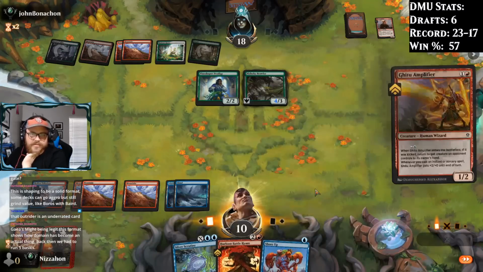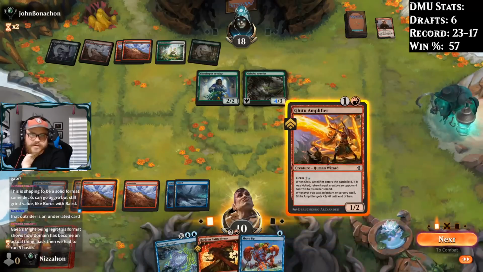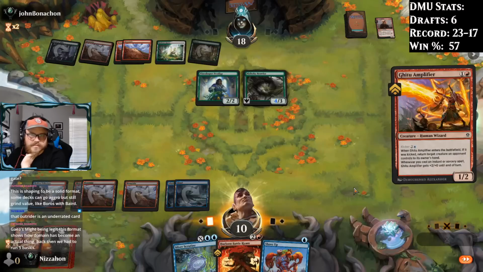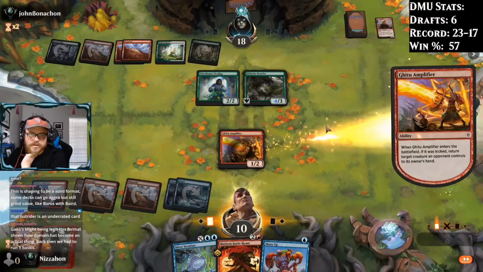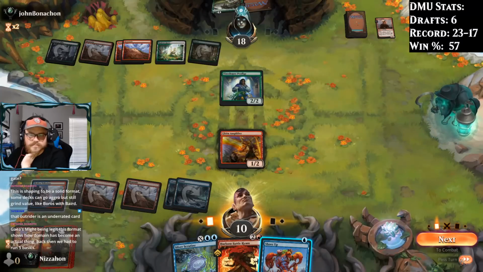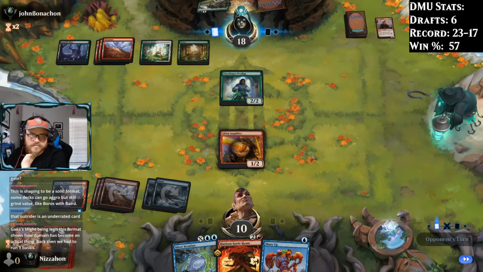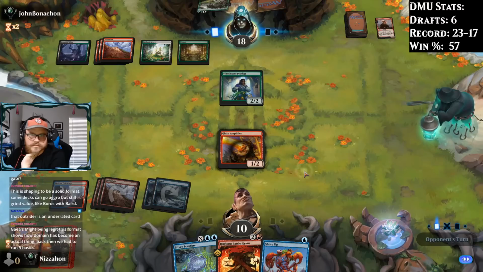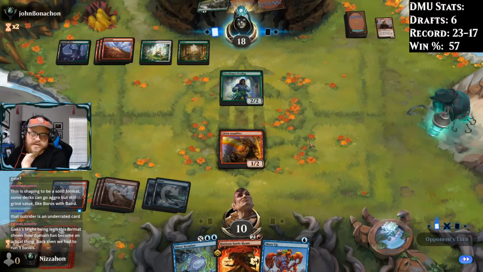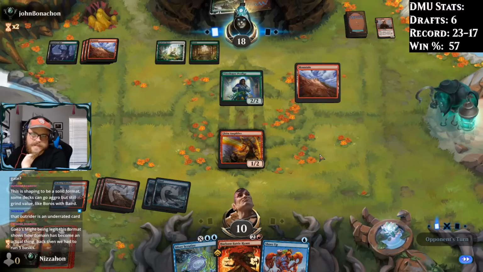I guess we'll play our Amplifier. Do we want to kick it? I guess so, with Shore Up in our hand. Yeah, we'll kick it. Bounce this back to their hand. Shore Up is pretty useful here. It could be a little risky, but I think we probably go for it. If they attack us, anyway. If they don't attack us, we don't bother, but...